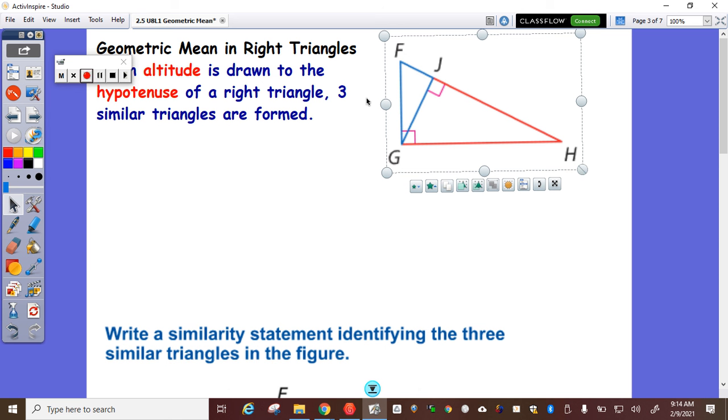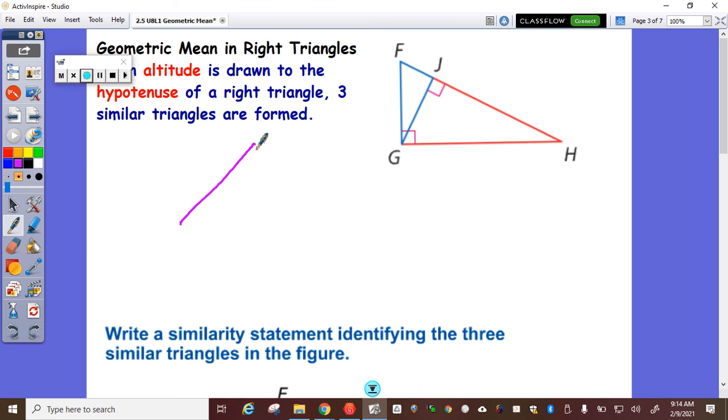So, remember what the altitude of a triangle is? The height of it. Okay? So if I have a triangle, right? And I want to find the altitude of it, I would take from the opposite vertex, I would draw a perpendicular line. That's the altitude. Okay? So in this case,